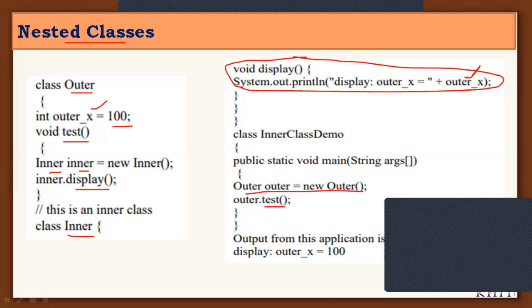And this application simply displays like this. Here it is trying to show that the outer class member can be accessed by the inner class method, and the inner class object can access the inner class method. We created one internal relation between the outer class method and the inner class method, and that's not much important here.